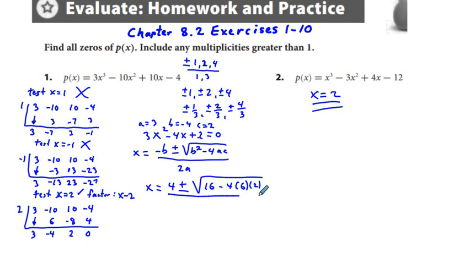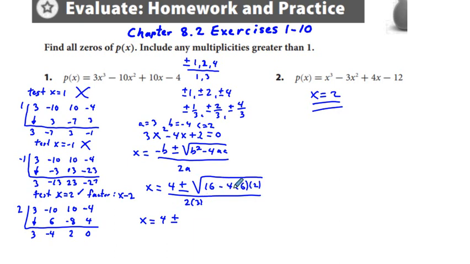And so it's going to be all over 2a, and it's going to be 2 times, in this case we have 3 for a. And so x is going to be equal to 4 plus or minus